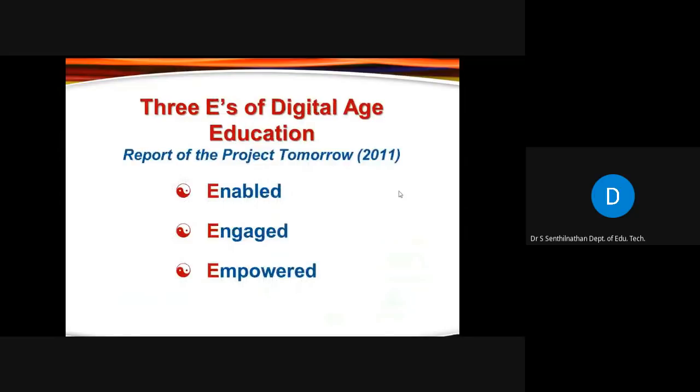In fact, there is a lot of literature available on this digital age education, digital learning, digital learners. Many things are available, no doubt.